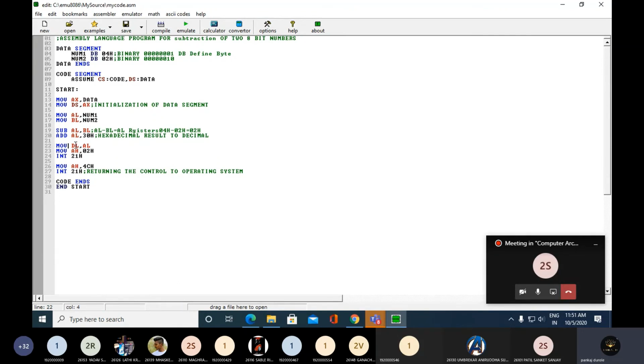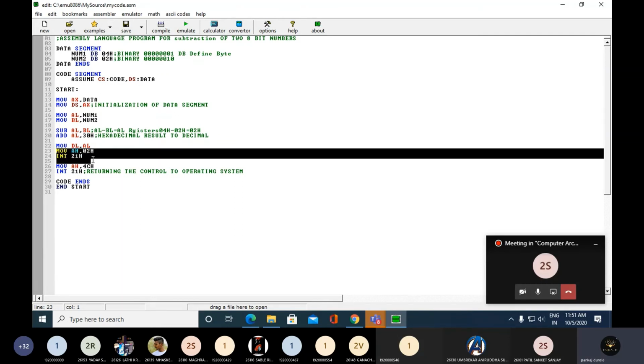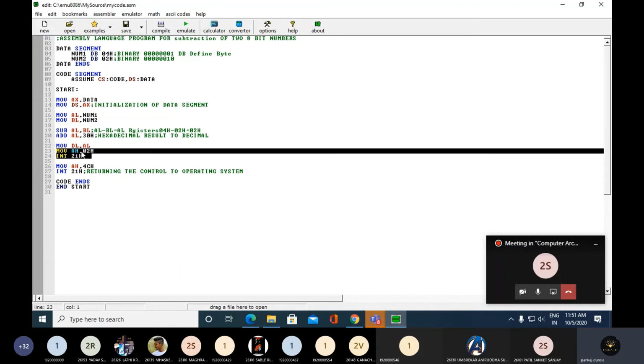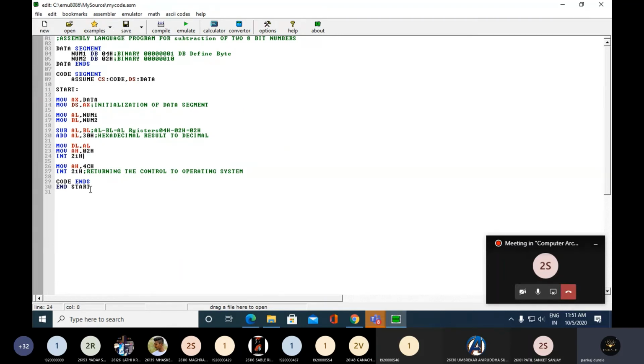Now if we want to display the contents of the dl register, we need to write one instruction, and that instruction is mov ah comma 02H, int 21H. int 21H is the interrupt that we are giving to the processor.